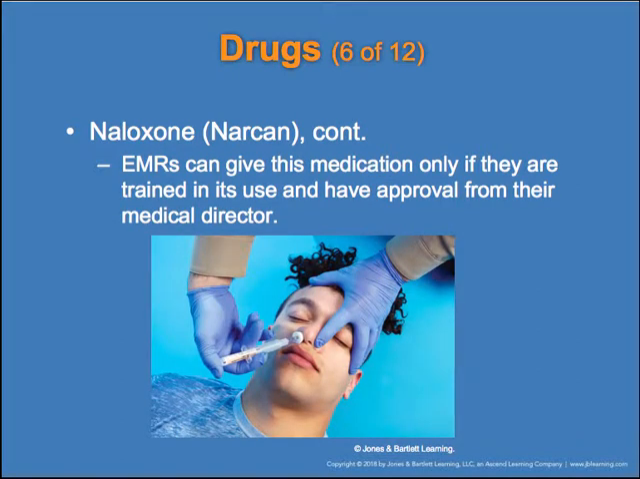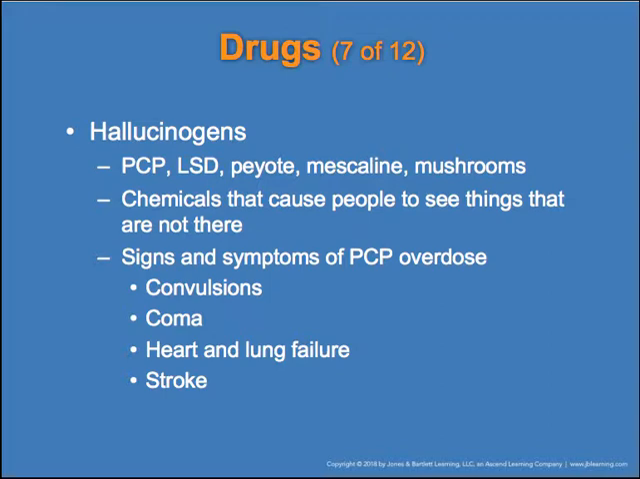Narcan. EMRs can give this medicine if they're trained on its use, and part of your training is that, and the organization that you have or that you eventually work with or work for has medical director approval to be able to administer this program. So be mindful of the fact that it does come with rules, but it is part of your scope of